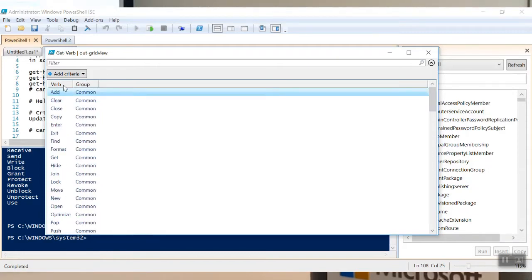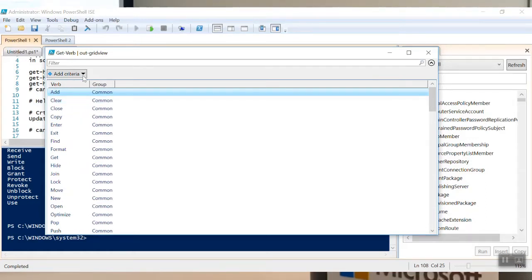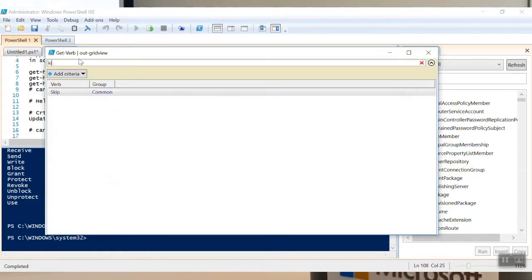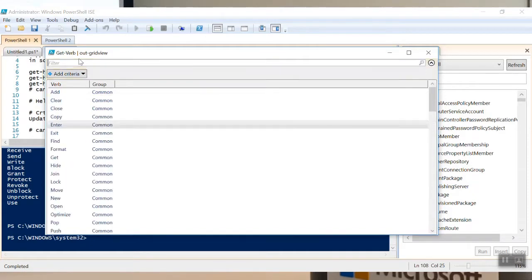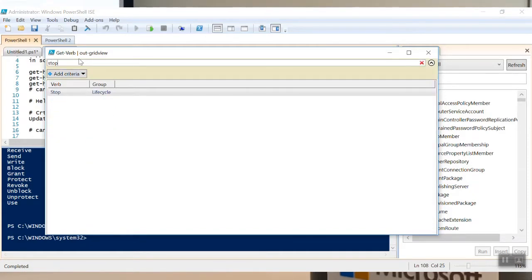So I have all the verbs, and I might want to see, have I got any kill? I've got no kills. I've got no terminates, but I do have stops. This is in the lifecycle group. I might want to say, okay, what other things have I got